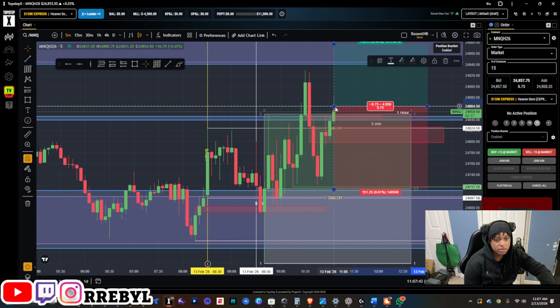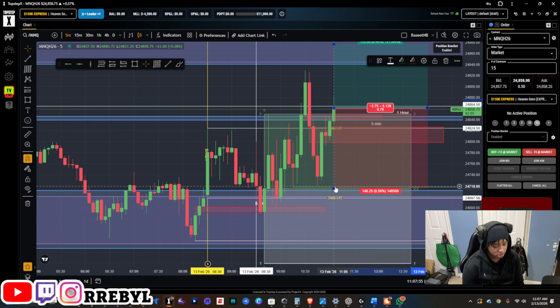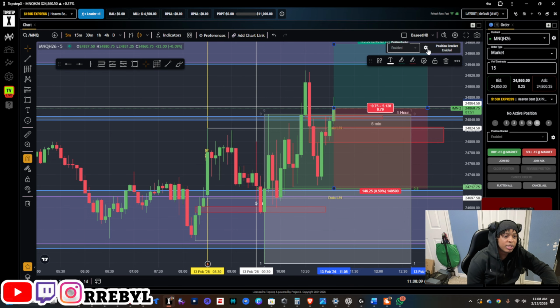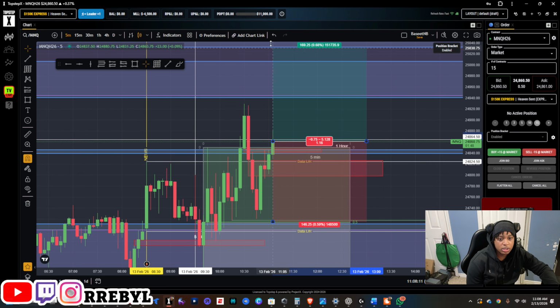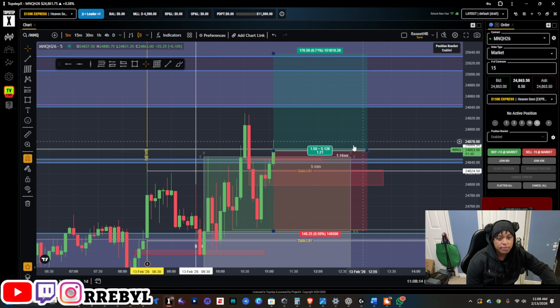There's a 4 hour fair value gap right above the swing high. So I'll take my first TP at the swing high. Breaker block trade, huh? 5 contracts. The stop loss would be so wide, but at least if we're losing, we'd know. That's the closest liquidity, and the first TP is right there. I'll probably take it.